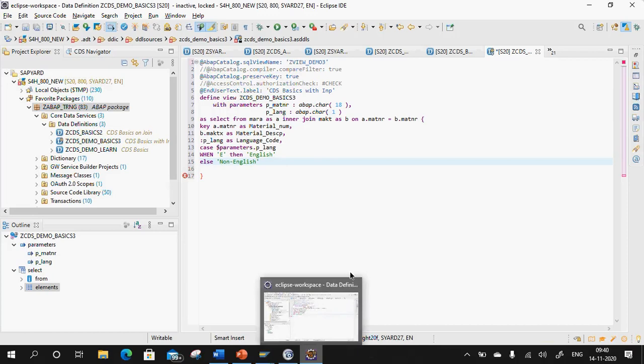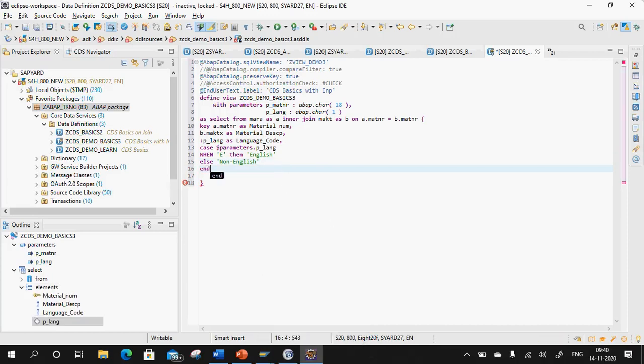This is the syntax: case, then whatever expression you want to give, when this value then English, else non-English, end as language. So now this will give the result, because this is not yet used.